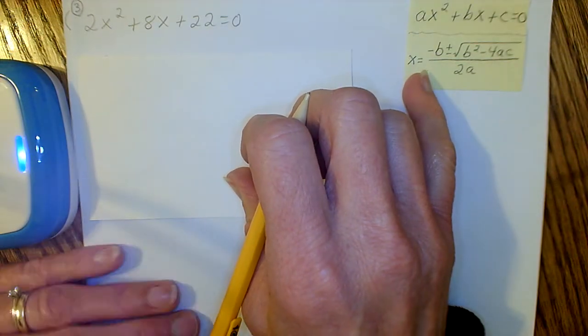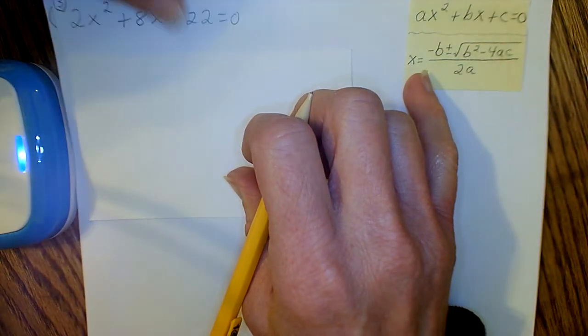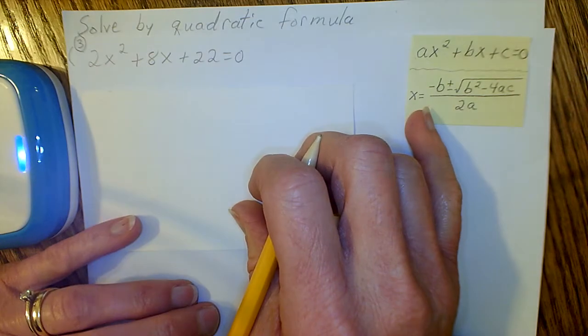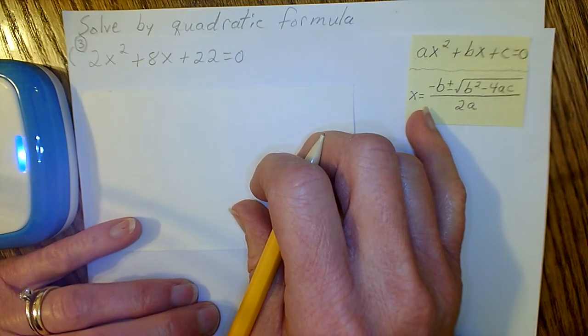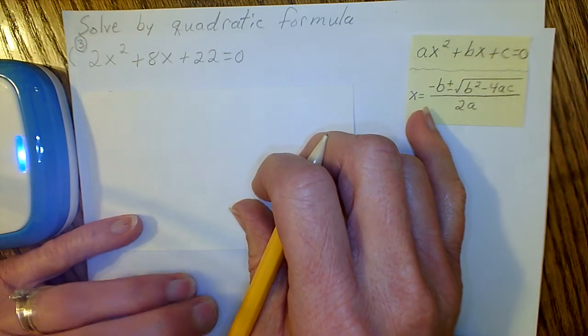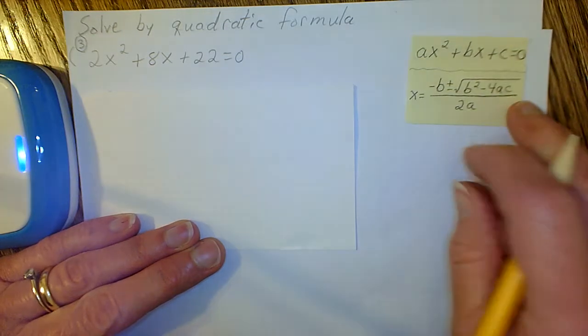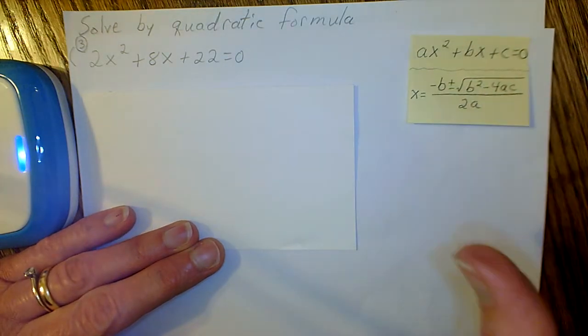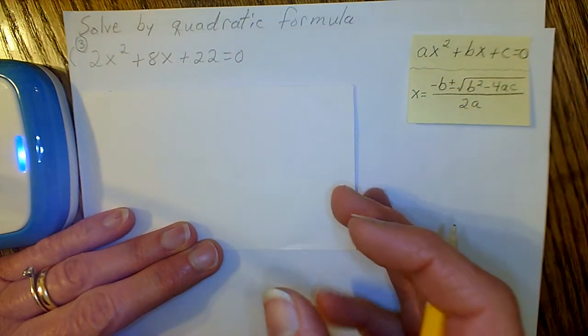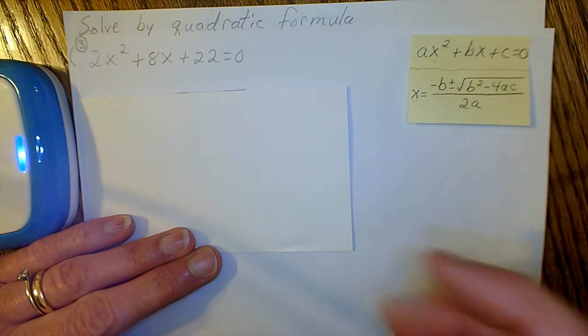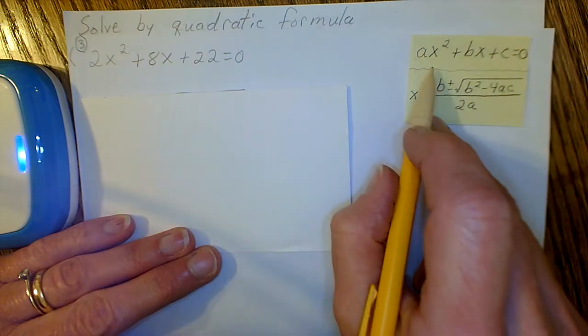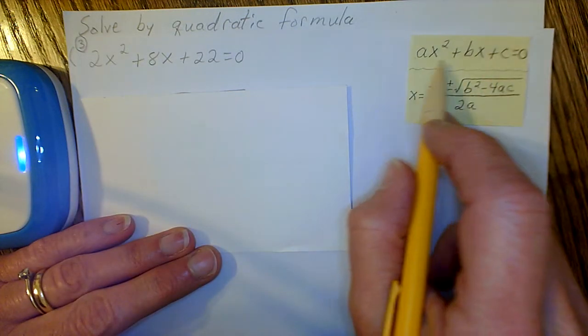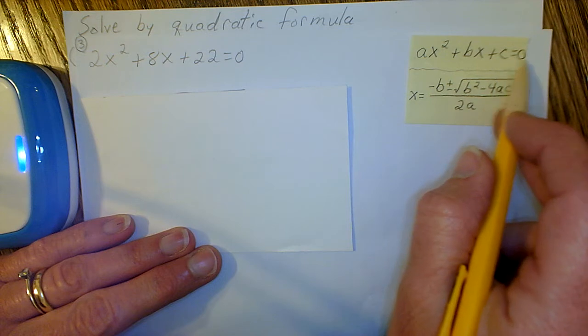Let's work one final example of a problem that we would see that would have the direction solved by quadratic formula. And this is going to have a different answer type, so that's why I've got 3 different examples, because there's 3 different ways that you might see your answer on a problem like this. So first of all, we need to make sure it's in the form ax squared plus bx plus c equals